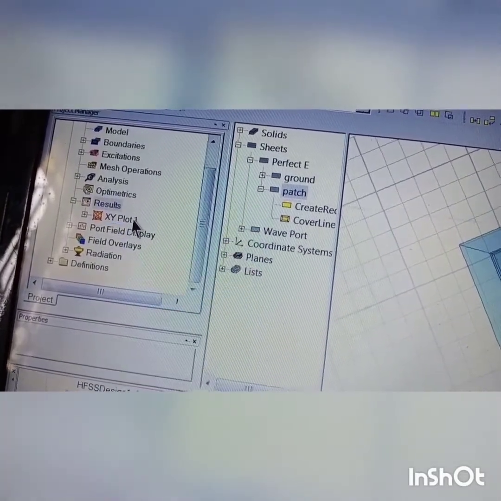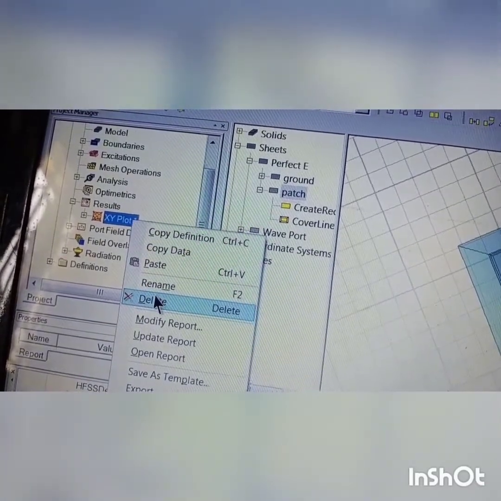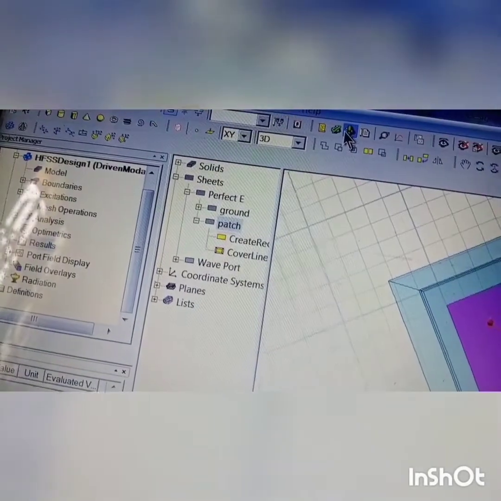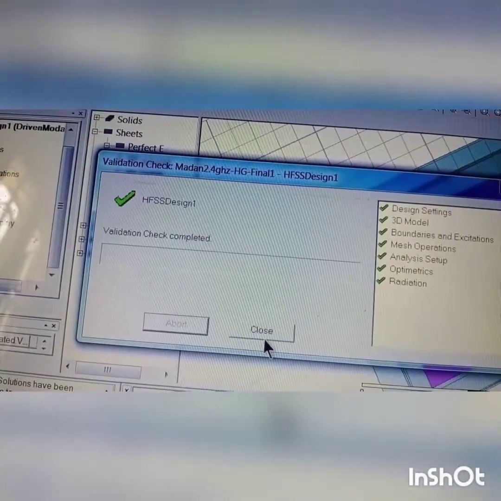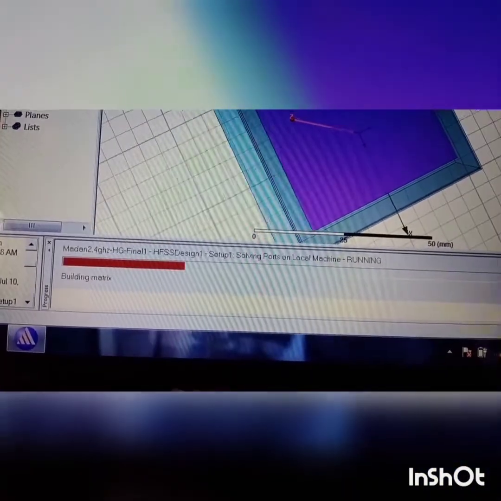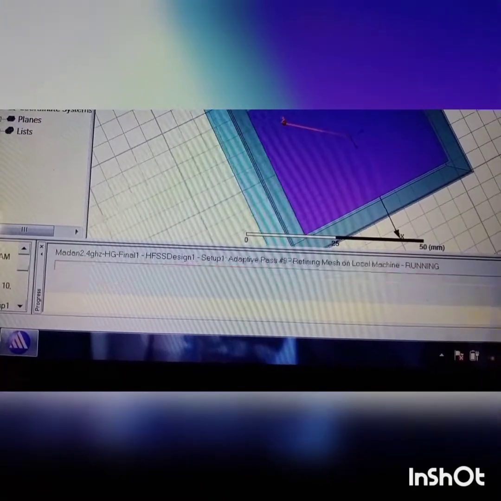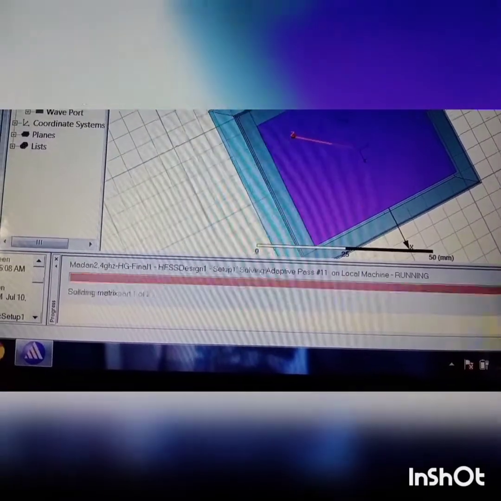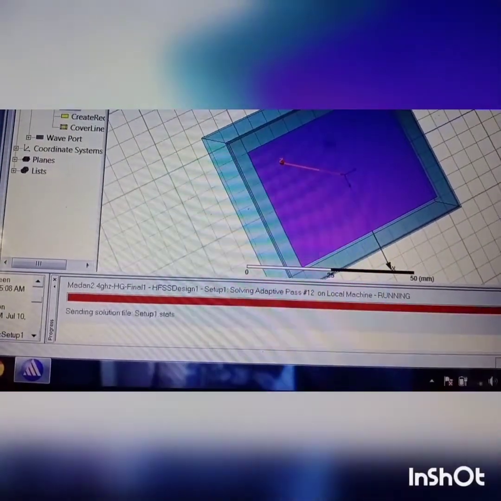Okay, so now I have deleted all the previous results. Now I am saving again and then analyzing. It is very fast because it is not optimetrics. Now it is just running for one particular fixed value. That's why it will take very little time to complete, and then you can get the result. So you may wonder, because as per mathematics it gave the patch length as 41 mm, and now we are considering 39.5.